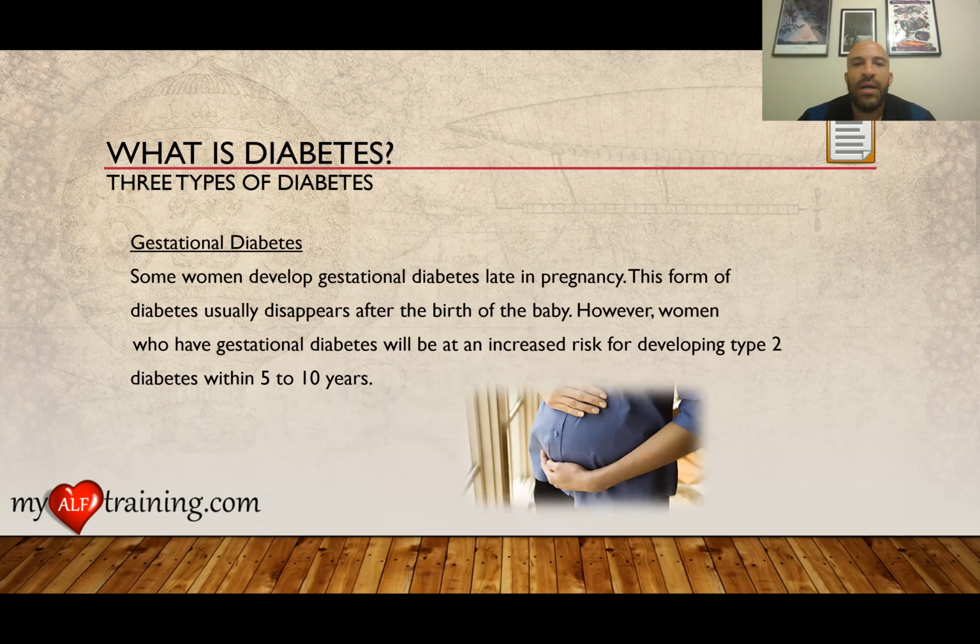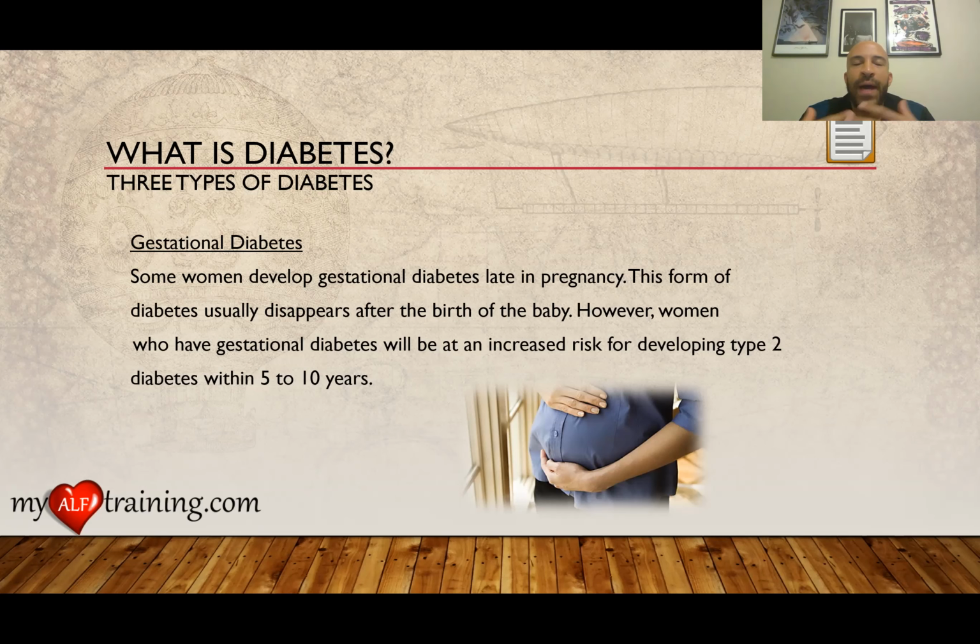You know, the baby brings on a lot of stress until birth. However, women who have had gestational diabetes are at an increased risk for developing type 2 diabetes within 5 to 10 years. Now, the exact reason for that, I'm not 100% sure of, but